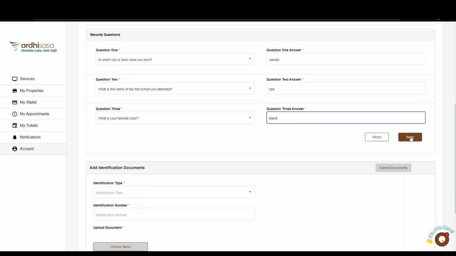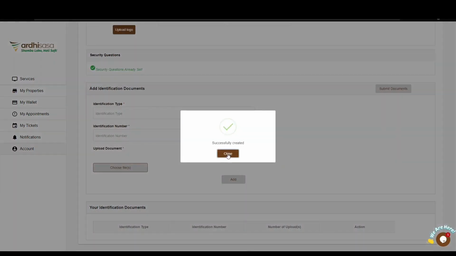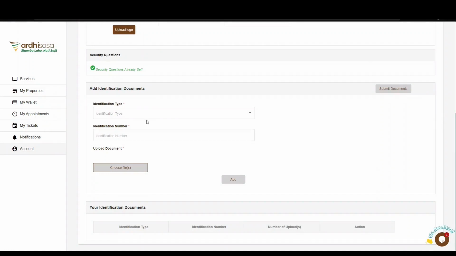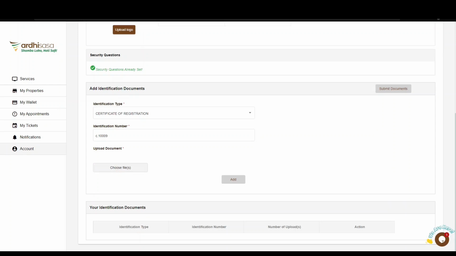After you have successfully set your security questions, the last step is to upload identification documents which are relevant to the company. So proceed to choose the identification type of the document you wish to upload, and in our case, we will upload the registration certificate. So enter the registration number and choose the file from your local machine and click Add. If you have successfully added the file, it reflects on the right side of your screen bearing the type of